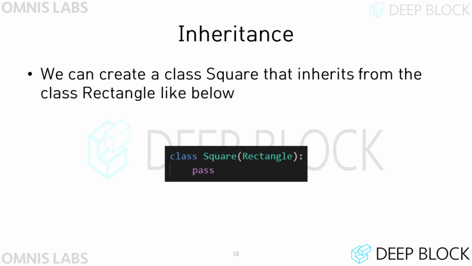When we want to define a class that inherits another class, we should open parentheses after the name of the child class and write the name of the parent class and close the parentheses. Here, the pass keyword is a keyword with the meaning of doing nothing and is used when not implementing any additional methods in the child class.